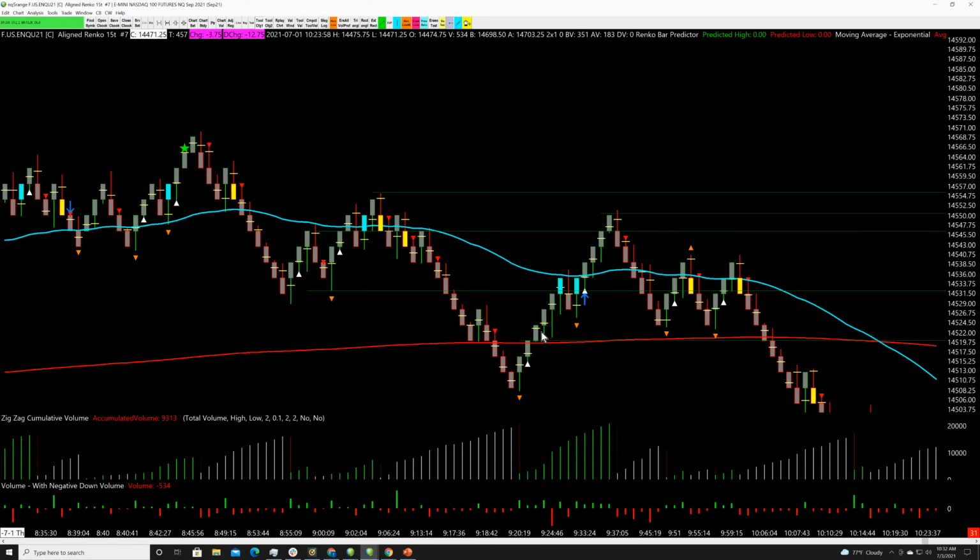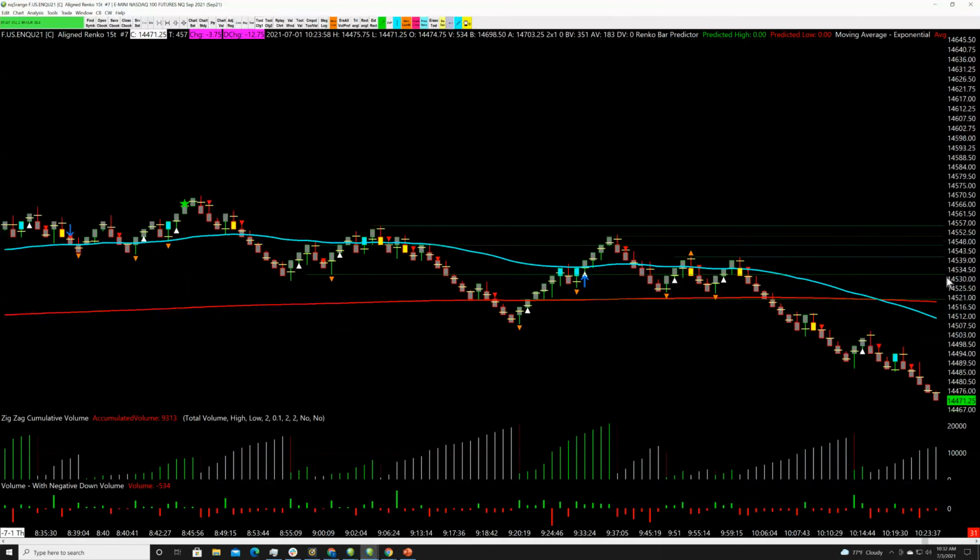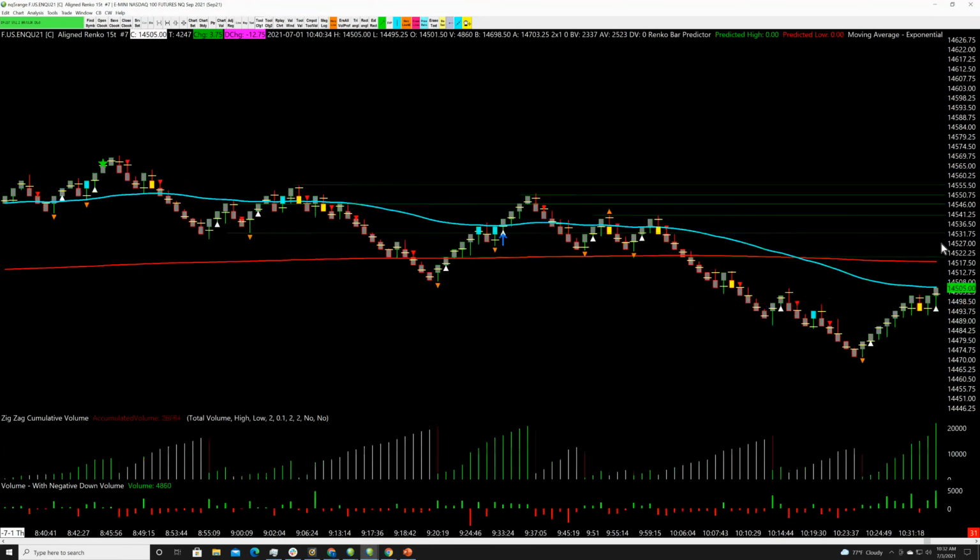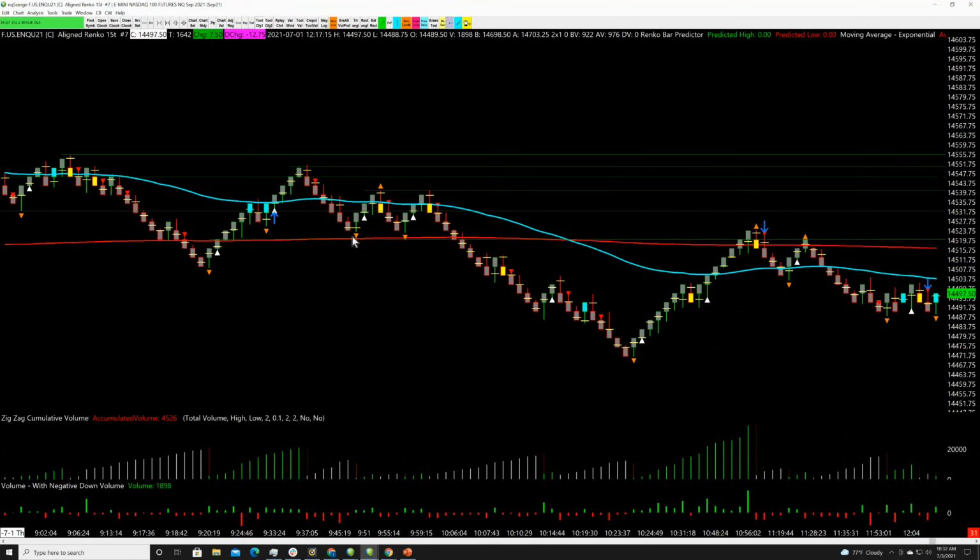So minus 15 plus 30, so that puts me plus 15 net on the day. Again, assuming everything's perfect. And then you'll see right here, you got power bar, which also turned into a speed bar, triangle down, right? And that entry,